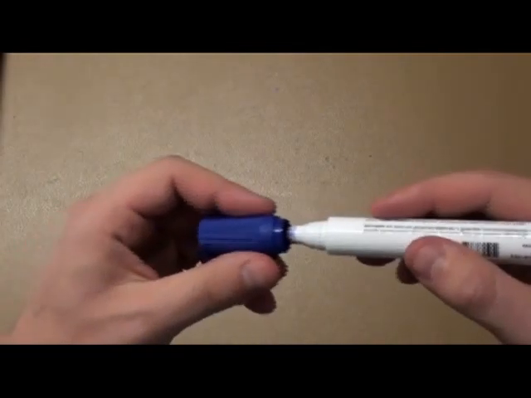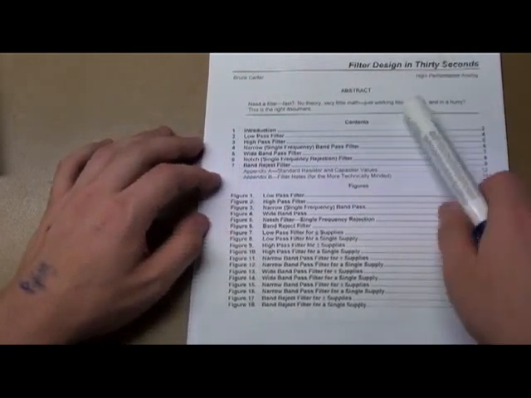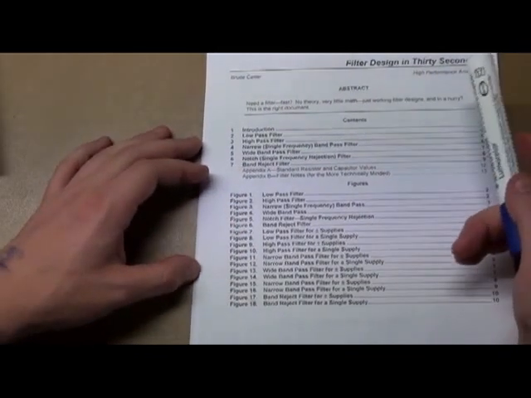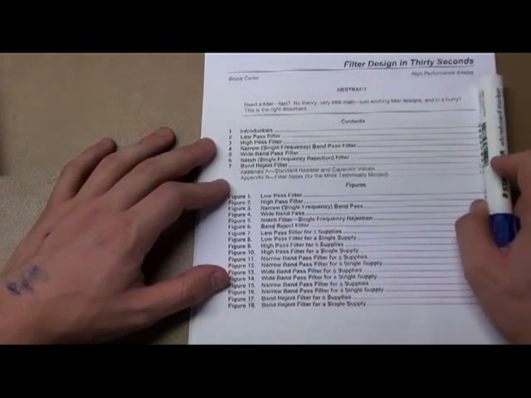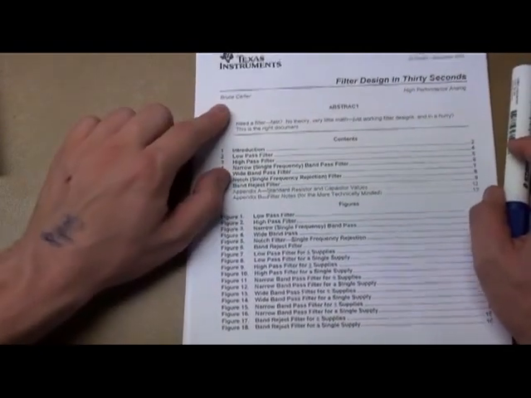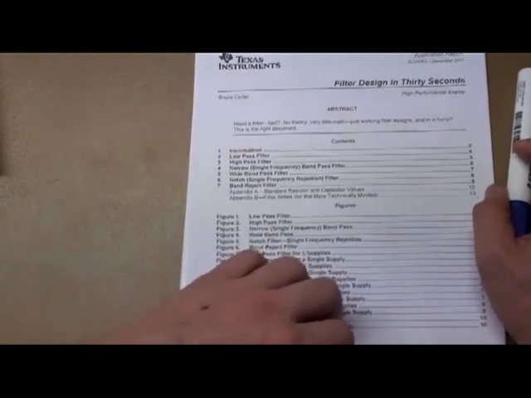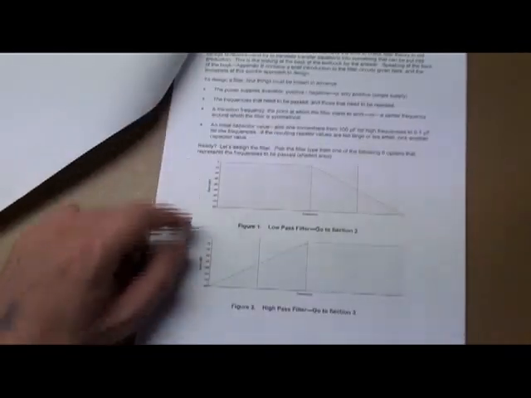Now, there are a lot of circuits that do this because this is a really big problem in electronics, and we call them filters. So this here is, and this is probably my favorite application note ever, Filter Design in 30 Seconds by Bruce Carter from Texas Instruments. Again, Texas Instruments, I really like what they do. But if you look here, and I'll zoom in,